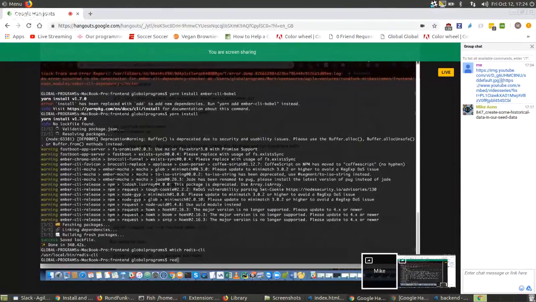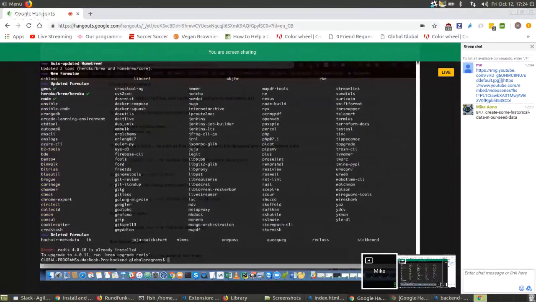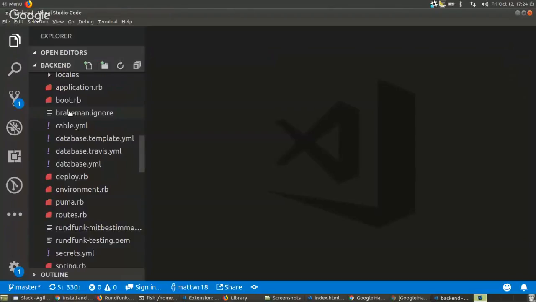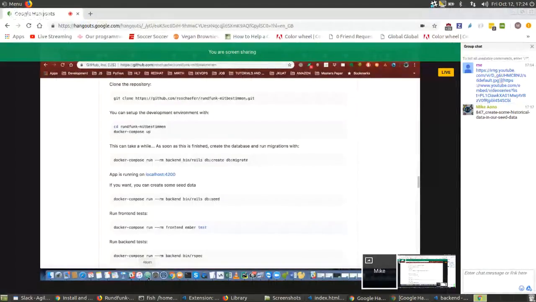So that's good. I think it said it's 4.0.10. So you can upgrade, but that shouldn't be what the issue is. I have 4.0.9 and it's working for me, so I don't think that's the issue.